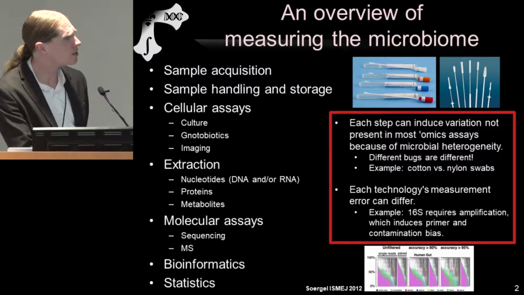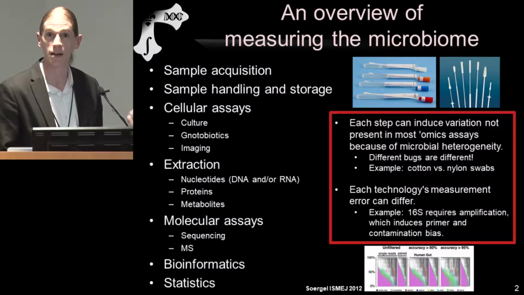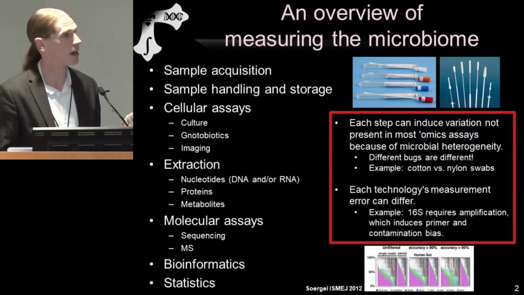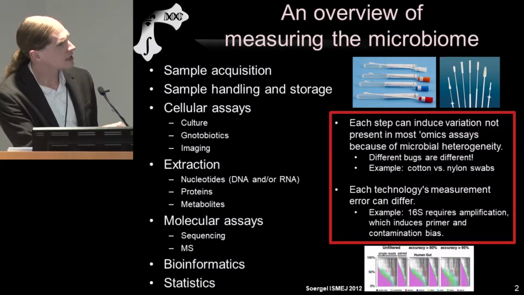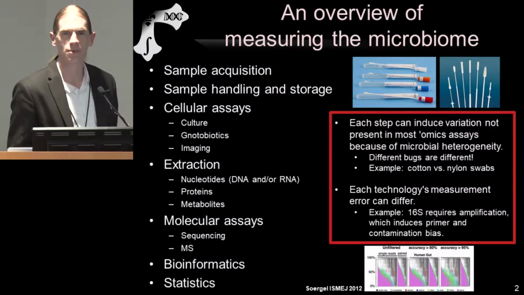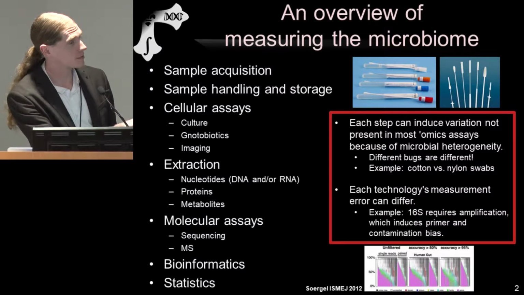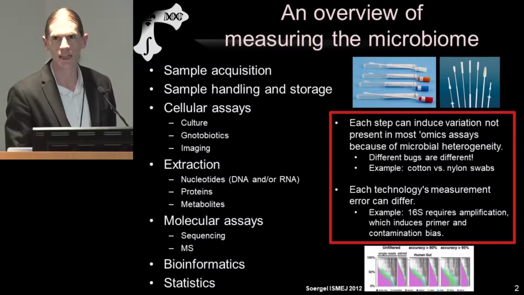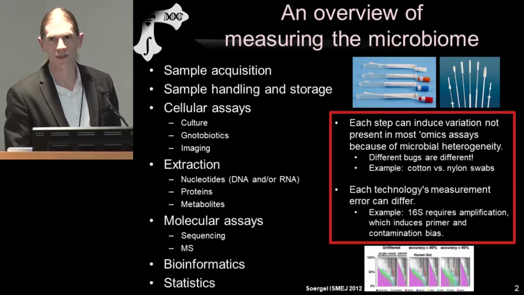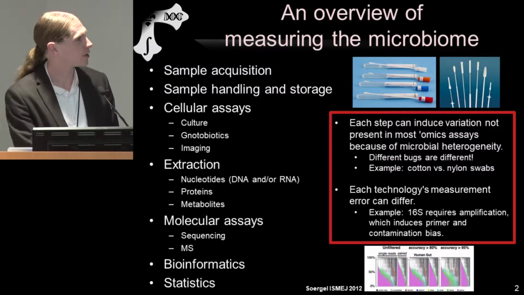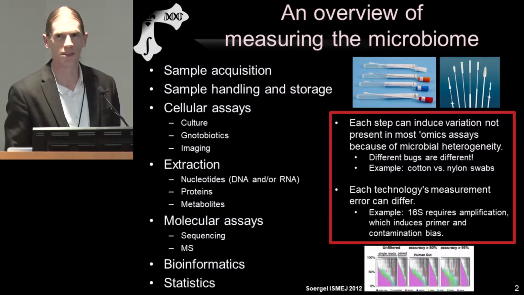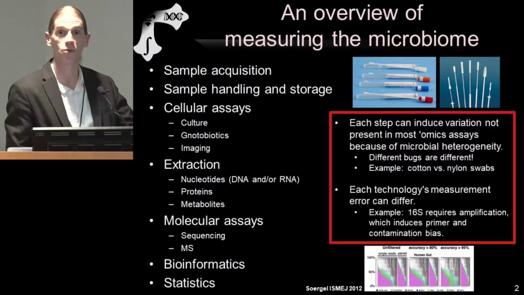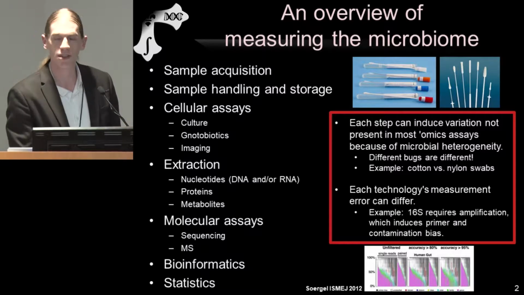healthy. I would list these as sample acquisition, how do you get bugs in the first place, sample handling and storage, what do you do with them after you have them before generating data, a series of more cellular assays that can take place at this early stage, which include live cell-based methods, culture or gnotobiotics, whole cell imaging, for example, or if you're going on to molecular data for a definition of a healthy microbiome, we need to get molecules out of a microbial community somehow, be they nucleotides, DNA, or RNA, or other molecules such as proteins or